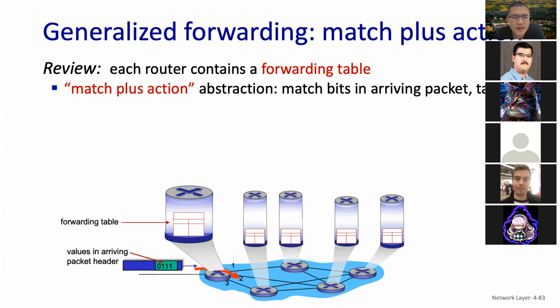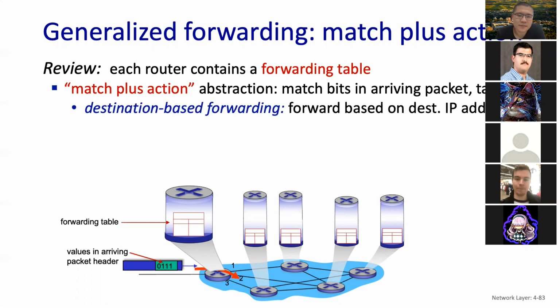We introduce the abstraction of match plus action. Match means you match bits in the arriving packet and take action. This is how you proceed with the forwarding action. You get a packet, match the bits in the arriving packet, and take some action. We will introduce what kind of bits you want to match and what kind of action you want to take. In general, first we have destination-based forwarding, based just on the destination IP address, forwarding that datagram to some